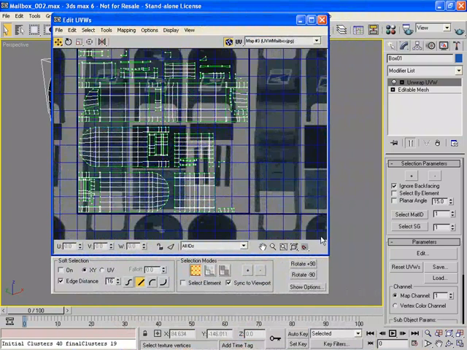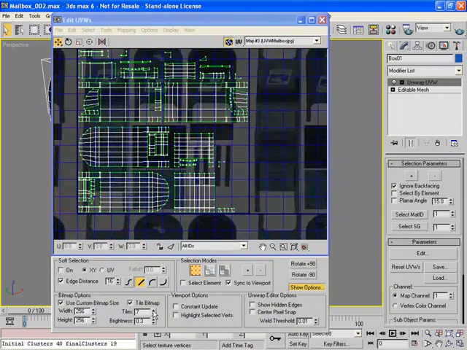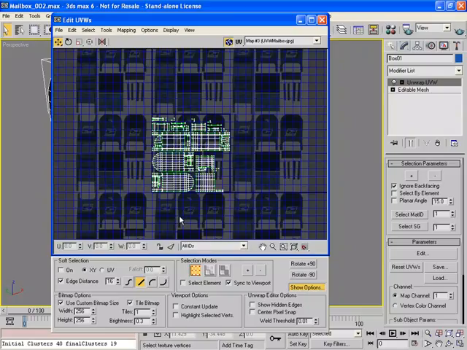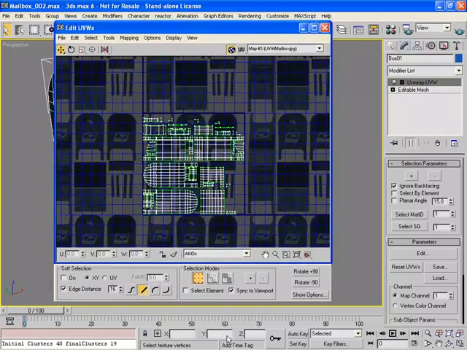Pretty simple. Now, there's a number of tools here that we can use. We also have a number of options here. So if, for example, the bitmap's too bright, you can turn down the brightness. You can see how many tiles you want. So if you wanted to tile beyond this, you can do it. I like the fact that it tiles because then you can spread out your map fairly easily. We also have constant update and so on and so forth. Pixel snap. We have a weld threshold, so we can actually weld vertices in here so that we get a seamless map. Now I'm going to close that,